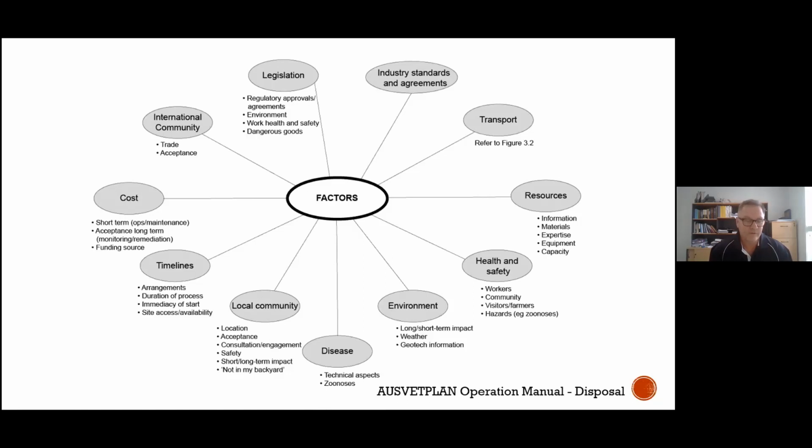It's not just a matter of where's the excavator, where's the hole, let's dig it. All of these things need to be taken into account. This is out of the operations manual of AusVet plan. If you have a look around that circle of issues that need to be taken into account, now, the disease